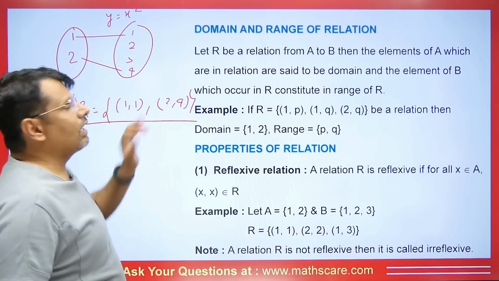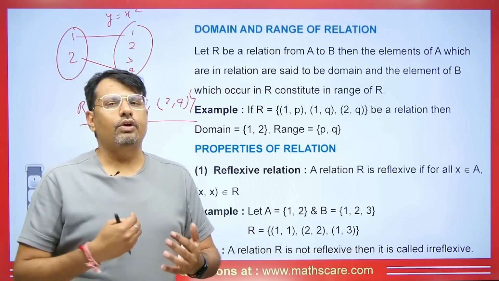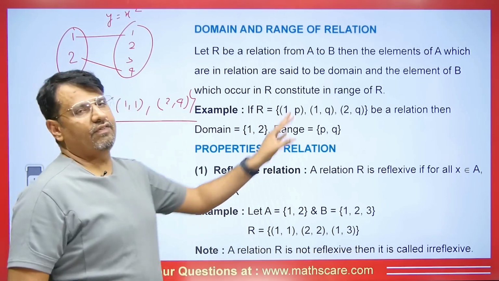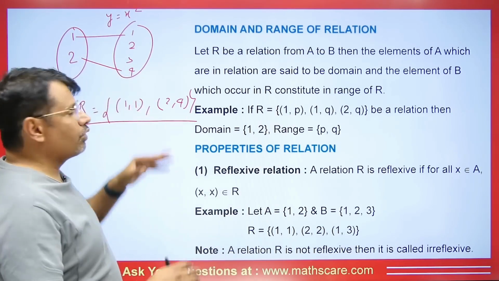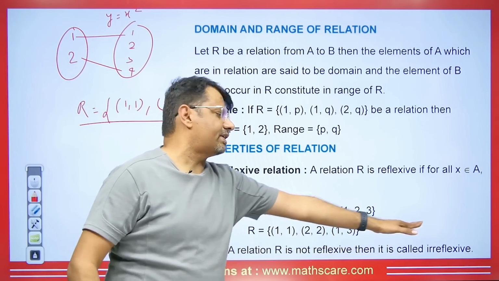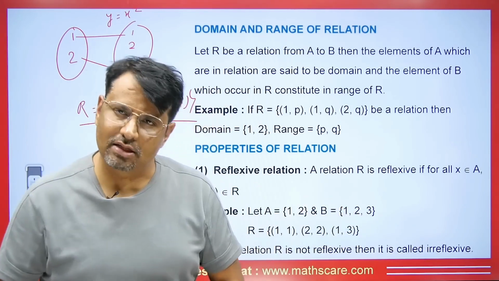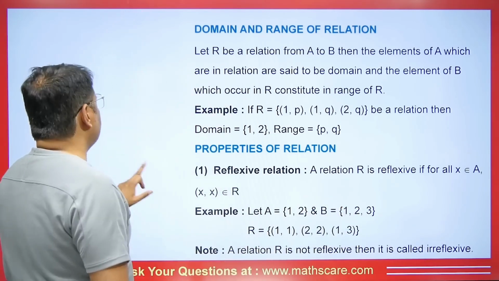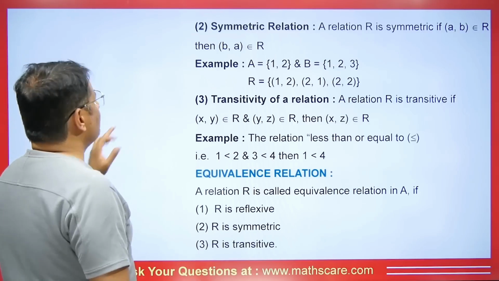If it's 2, then there should be another 2. If another 2, 2 would come, then the relation we have here would become a reflexive relation. So this type of relation which is not reflexive, we call it an irreflexive relation. This needs to be kept in mind. Moving ahead, next we will talk about whether the relationship that we have is symmetric or not.